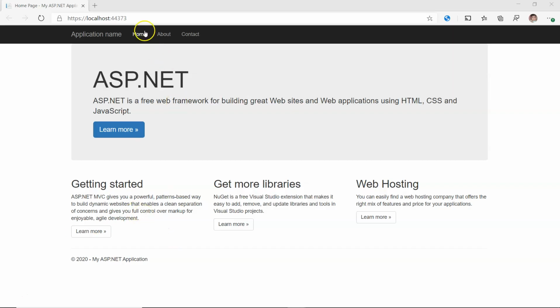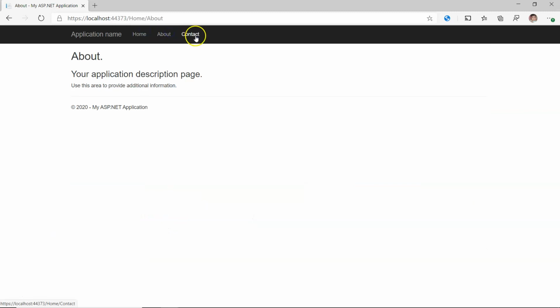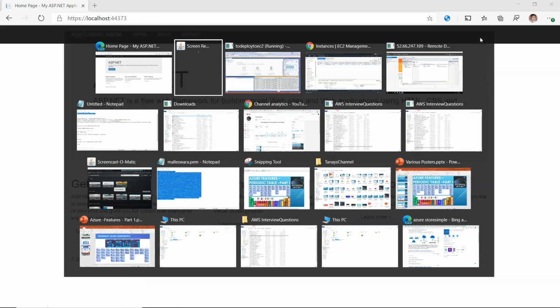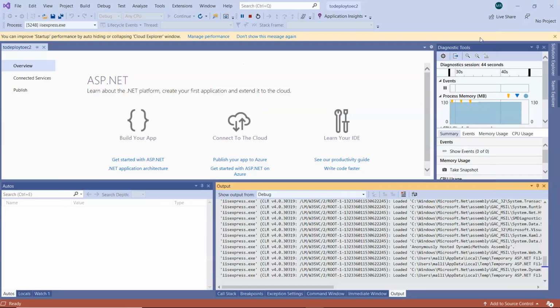It takes a few seconds obviously. So here you can see the home page, about and contact pages which are coming from your code. Let us just switch back to the code and just stop the website.